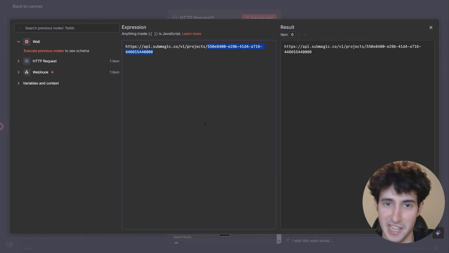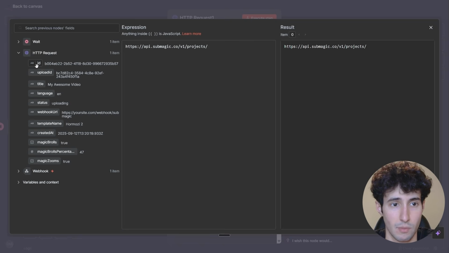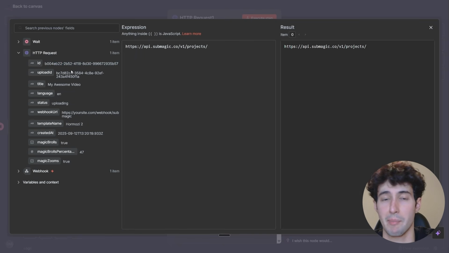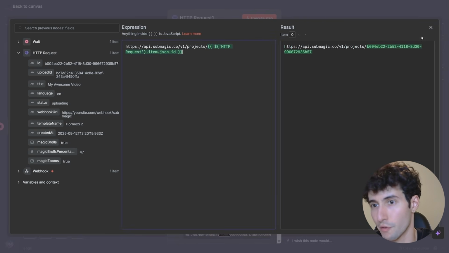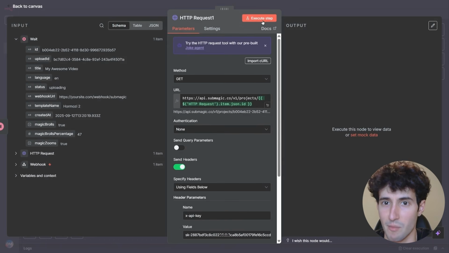And why are we deleting this number? Well, that is simply because we have an ID over here, which is the number of our specific request. So all we have to do is to take in the schema of this ID and drag and drop it over here. So now if we actually close this off and we come over here and we execute the step,